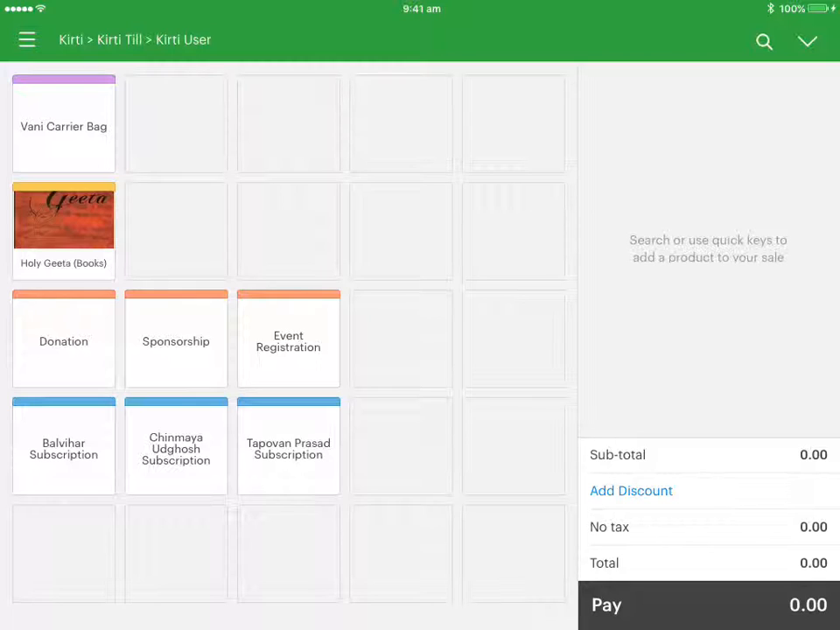So this is a quick tutorial on what to do if you want to take a few books for your study class or Balvihar, and obviously you don't want to pay for it right away. How do you record that sale so that you can pay for it later when you receive the cash from your class members? This is the screen that you're looking at for the till, and all you have to do is either